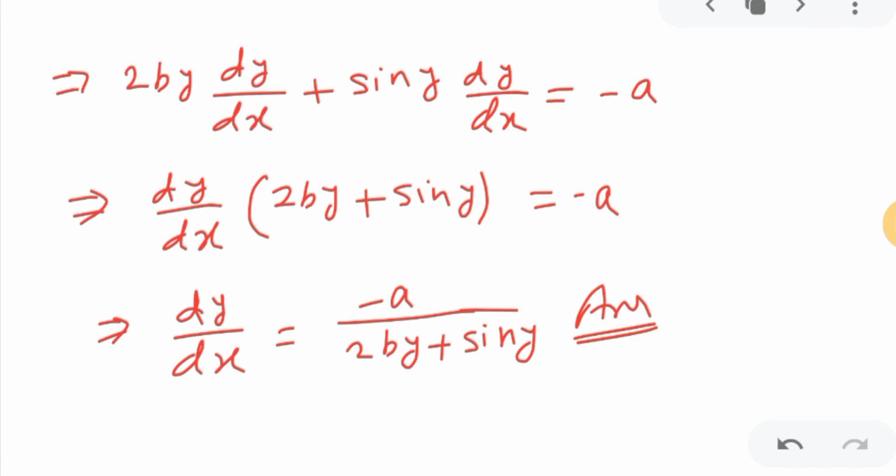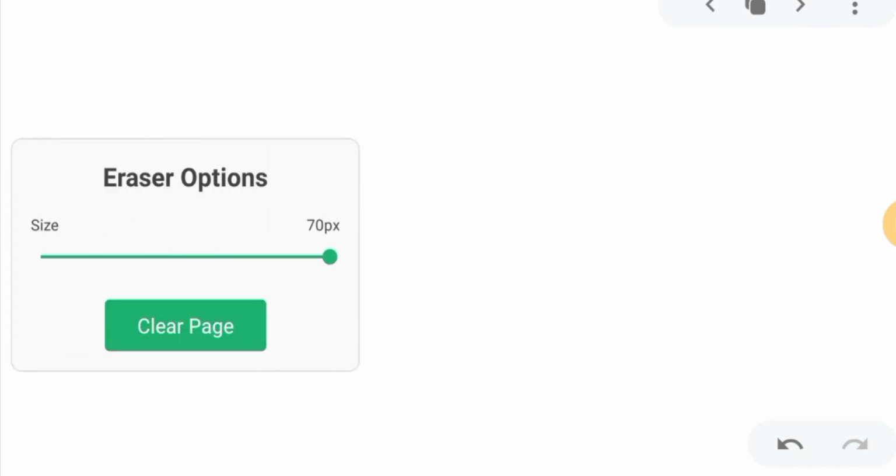So let me take one similar question. I hope you understood this. One question I will take here, I am erasing this. A simple question: if it is given that 2x plus 3y is equal to cos x, then you have to find dy upon dx. This type of question can come.